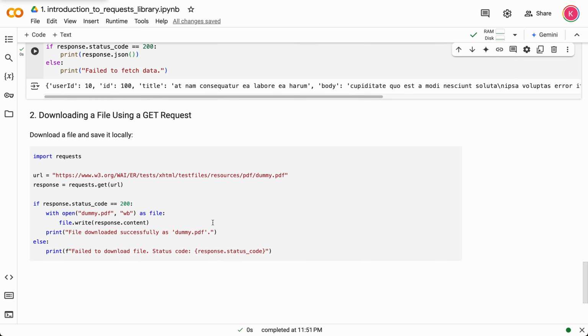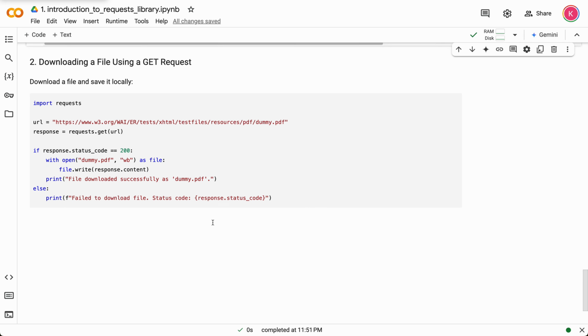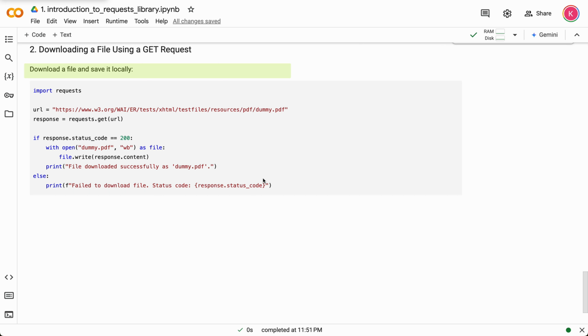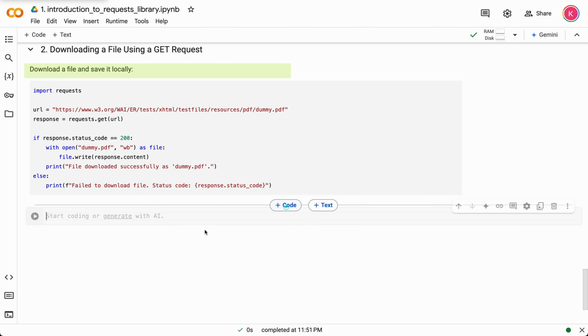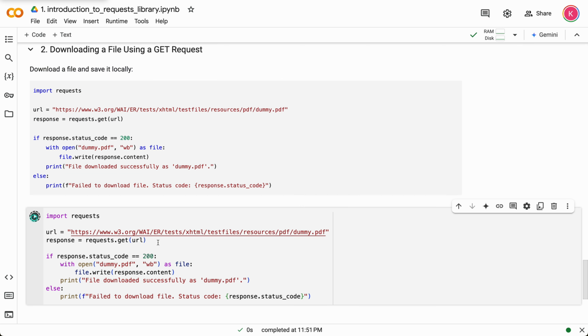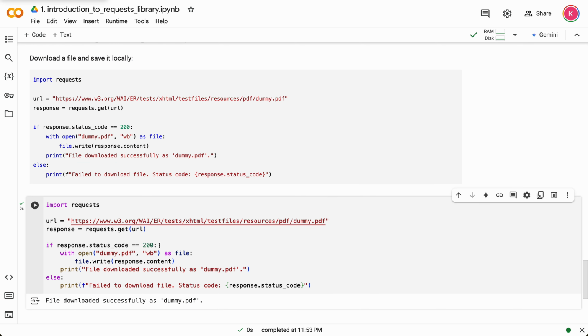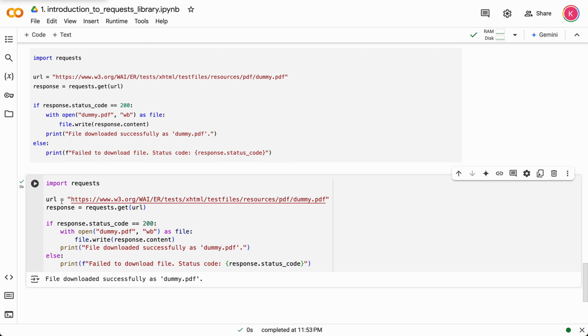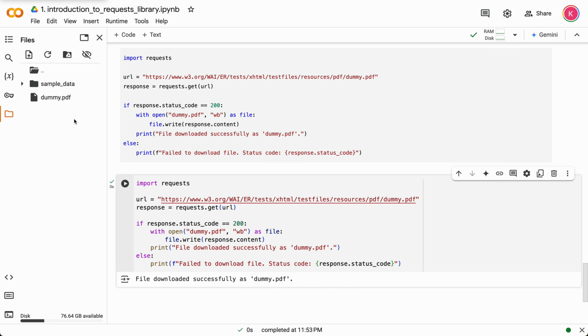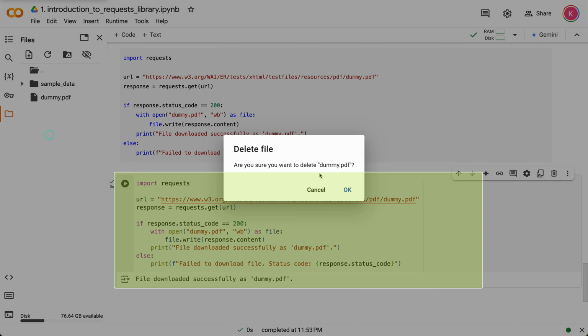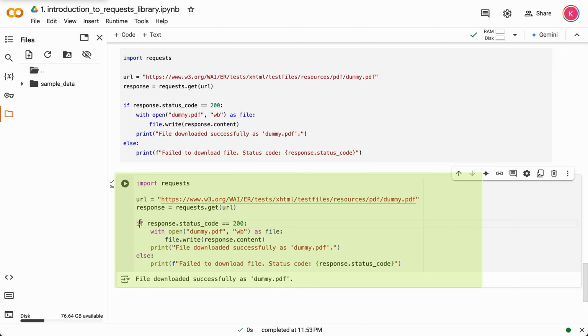2. Downloading a file using a GET request. Downloading a file using the requests library is a simple and effective way to save web resources locally. This example demonstrates how to use an HTTP GET request to download a PDF file from the internet and save it to your computer. The URL provided in this example points to a sample PDF file hosted by W3C: